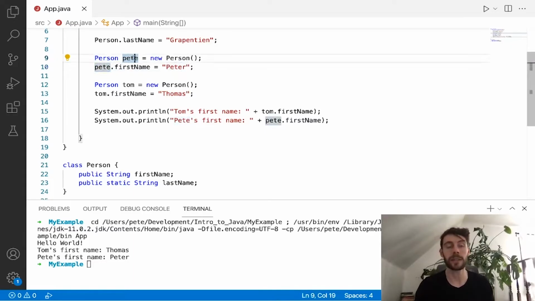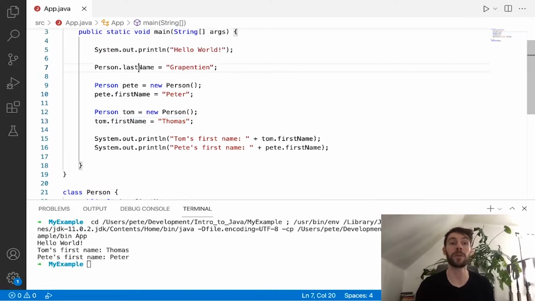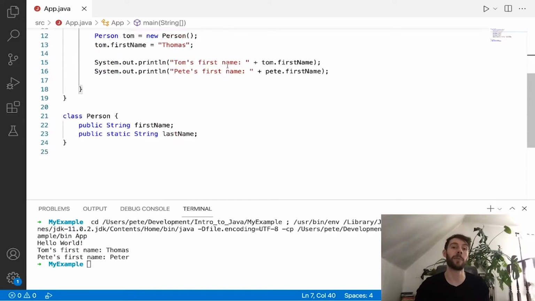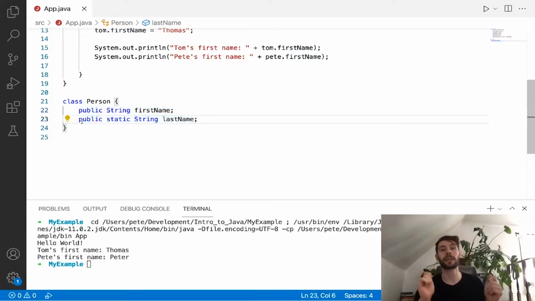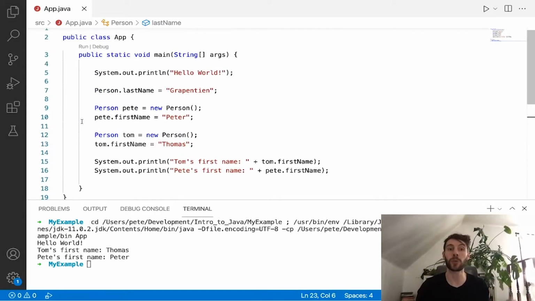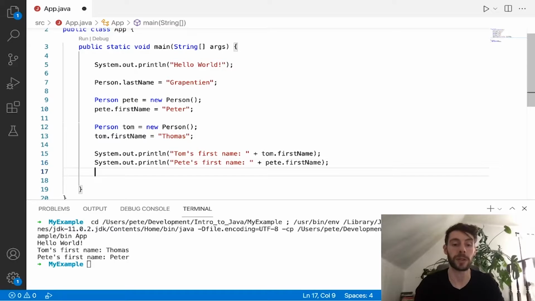So in this example, Pete's first name is Peter. Tom's first name is Thomas. However, both of their last name is Grappentine, right? One member variable exists on the level of the object. You need to create an object in order to access that member variable, and that's first name. For last name, since it exists on the level of the class, you just access it directly using the class name. And so if we print it out,